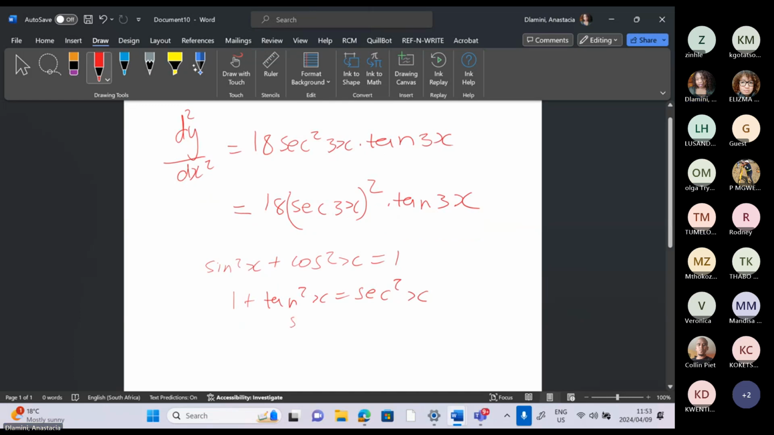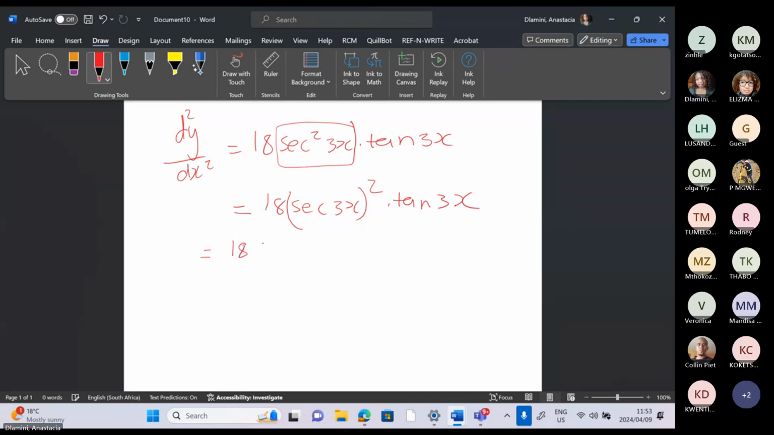Sine over cos x is your tan x. Cos over sine is your cot of x. Just remember them, because they'll make your life easier. For your homework, you'll go and use the product rule that you wanted to use and see if it will be quicker to simplify that. Instead, what you can do is change this one into 1 plus tan squared 3x